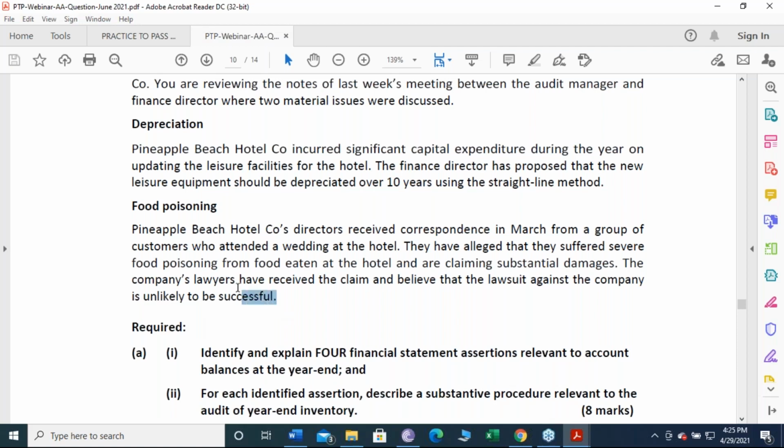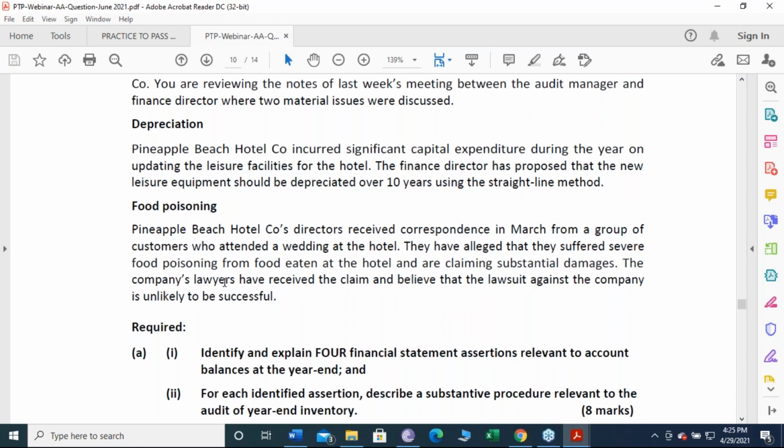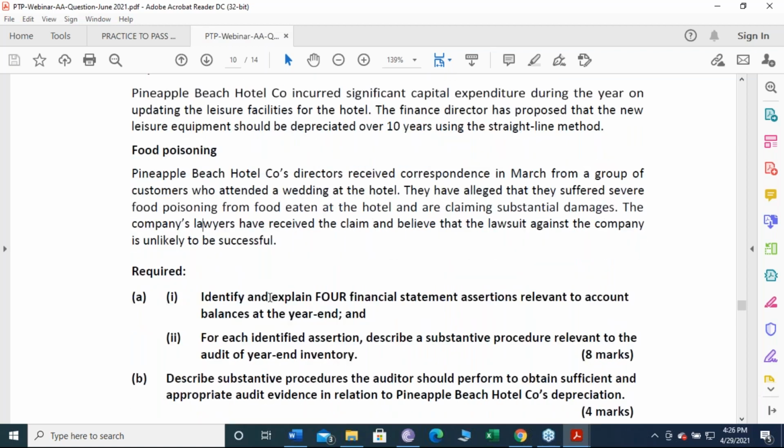this whole situation will definitely be a point of discussion at the board meetings. So I would like to review the board minutes of the meetings in order to understand whether the directors believe that they will be held accountable for that, or whether the claim will be successful, yes or no. Moreover, I would like to inspect the post year end bank statement and cash day book in order to verify whether any actual payment has been made.